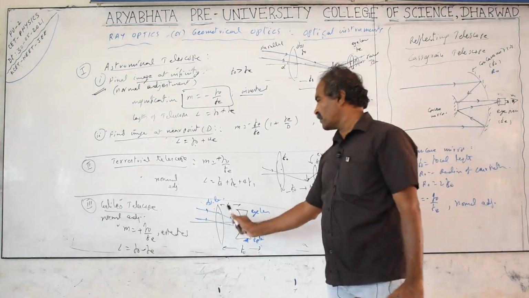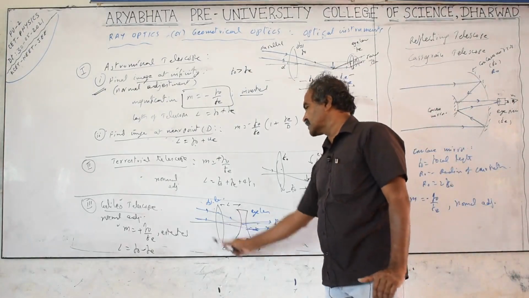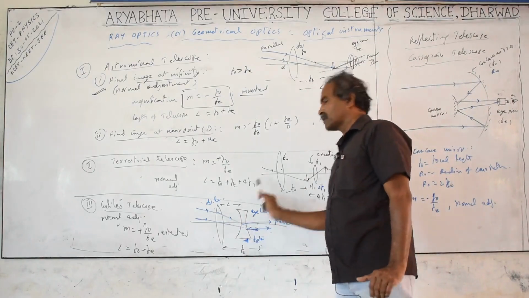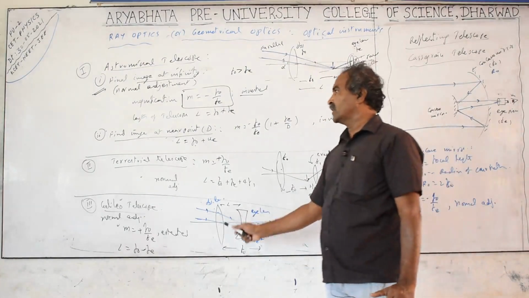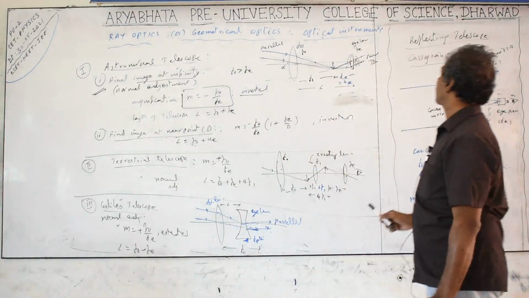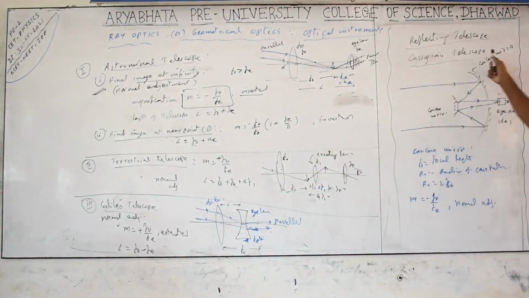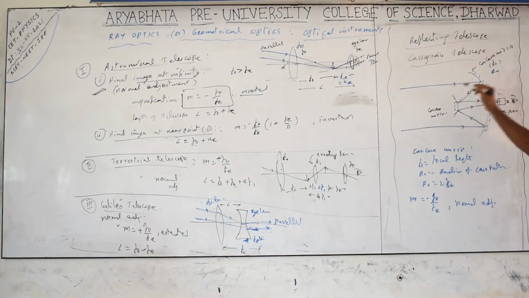Next, in the Galileo telescope, convex and concave lenses are used. This is free of aberrations, meaning the distortion is very low for the Galileo telescope compared to other telescopes. Next, in the case of the reflecting telescope, the reflecting principle is used, meaning mirrors are used here. A concave mirror is used in place of the lens. The radius of curvature is R, the focal length of the concave mirror is FO, and the size is the aperture. More aperture means more light can be collected and you can see a clearer image.